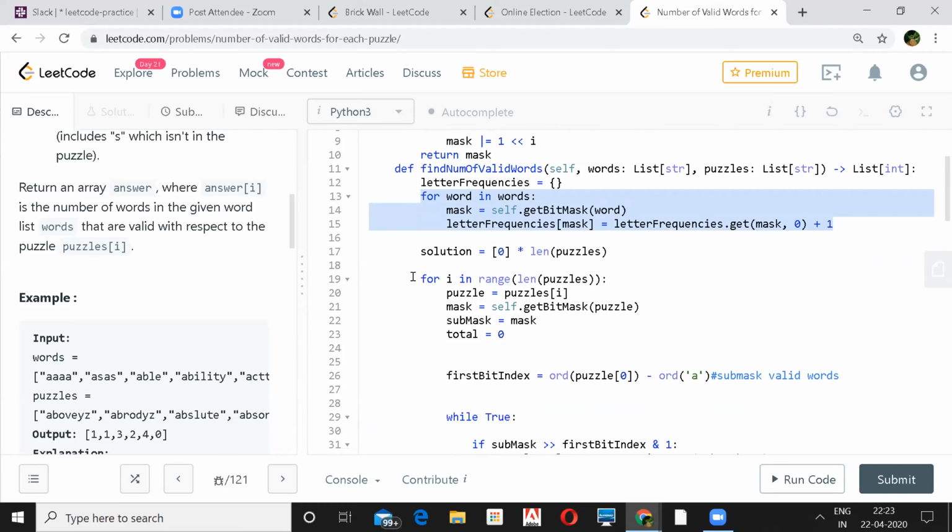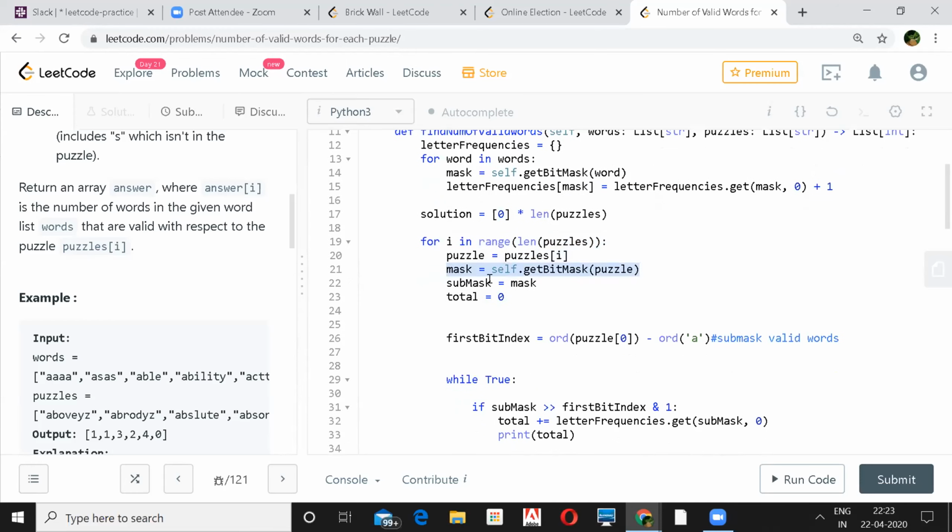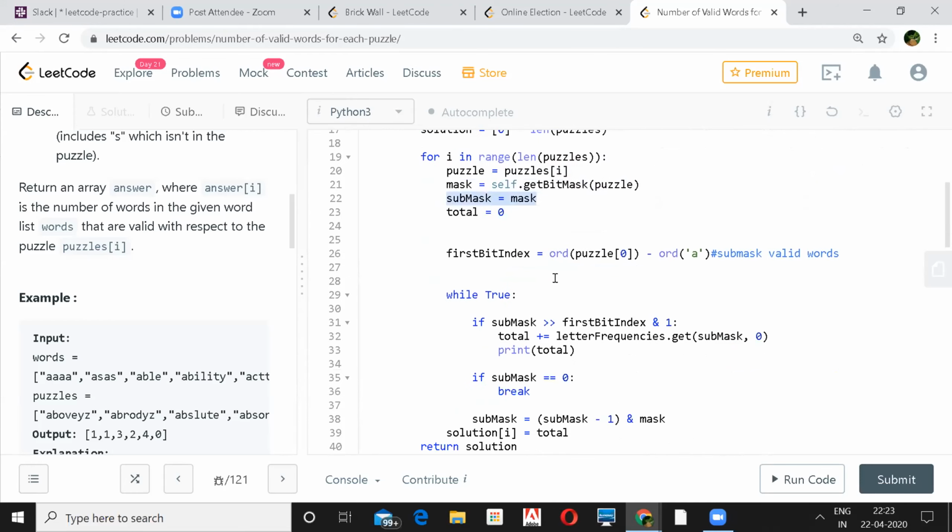Now I'll go through each word in the puzzle, get that puzzle word, get the mask of it, and this is the operation. I stored it in a variable. What this condition checks is that the first bit of the puzzle should be present in your word. So I'm doing an AND operation with 1 and doing the right shift with the submask I got,